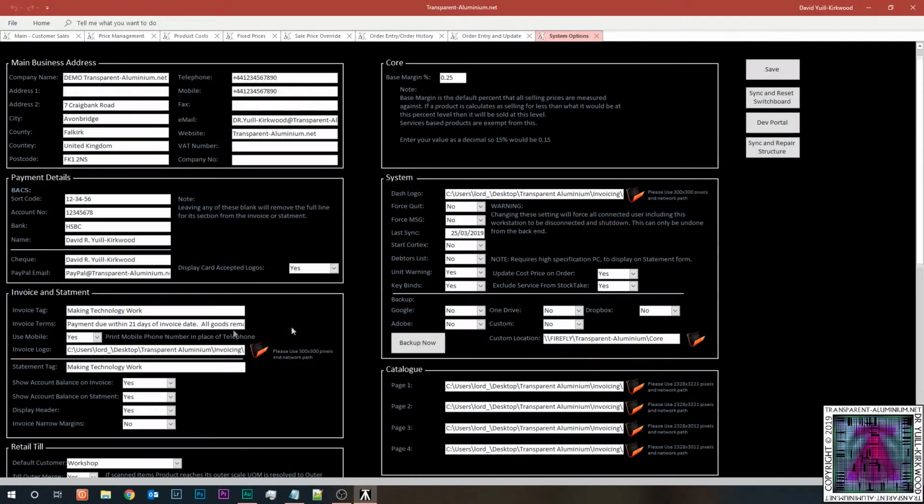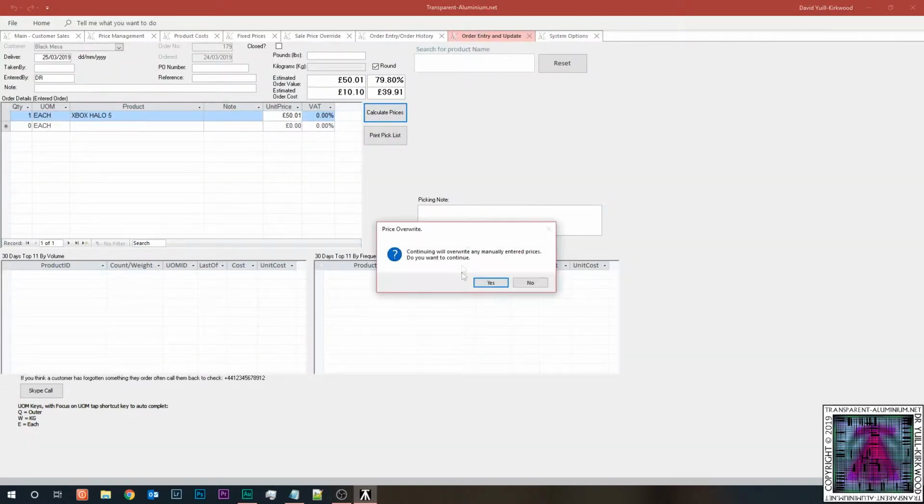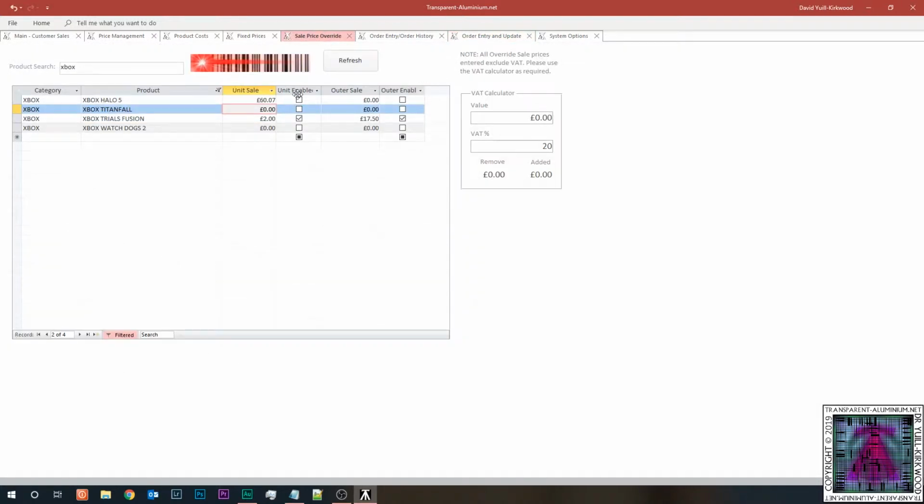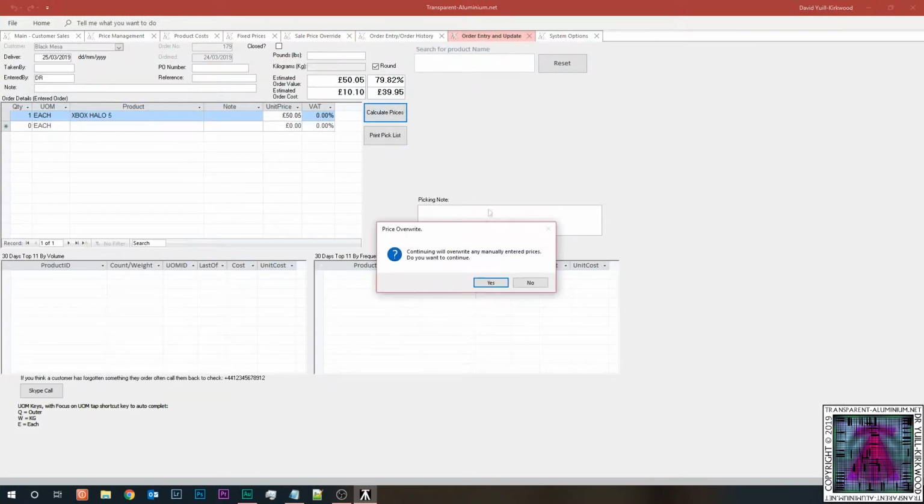So if we enable the force fixed price roundup and go back to our order and press calculate price, you see that £50 and 5 pence is returned, so it's rounded up. And that works the same with our fixed price override. So if we were to go here, enable that and calculate again,